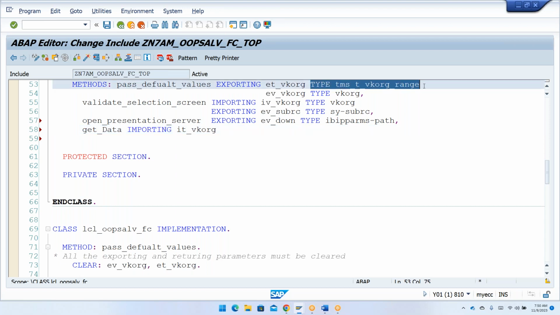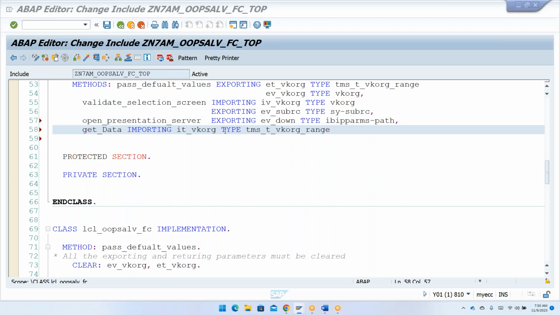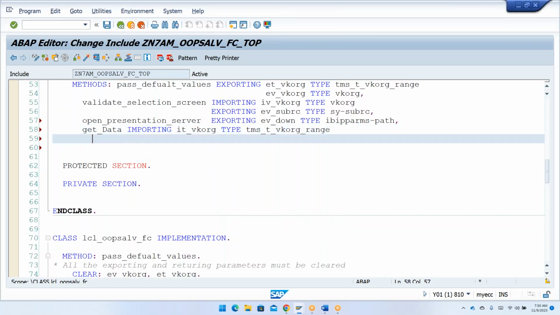This is the type. The selection screen variables, whatever they are, will be your importing parameter. And then the next remaining one is ET_, so the next one is your exporting ET_FINAL type